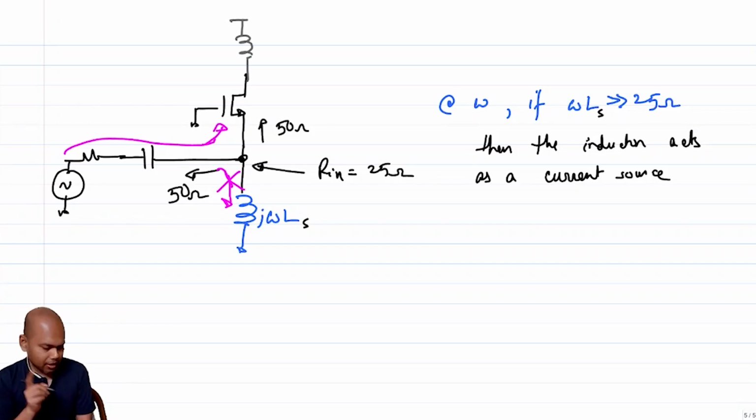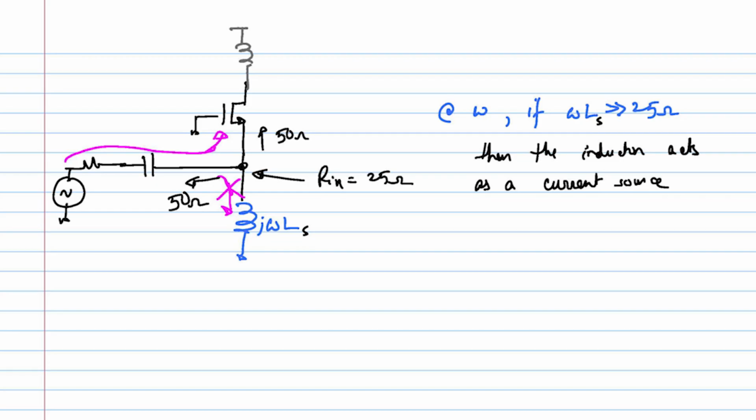Okay, but if you are paying attention, you would now point to me and say that, hey, what about the DC value across the inductor? So clearly the DC value across the inductor is 0, which means, what about the effect of body bias for the transistor? So